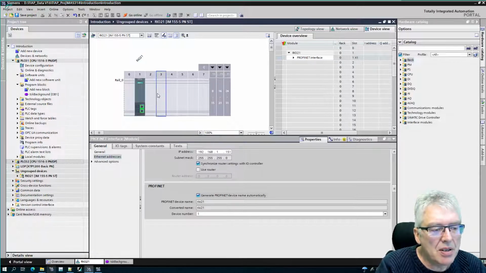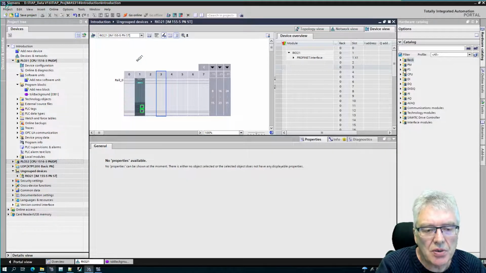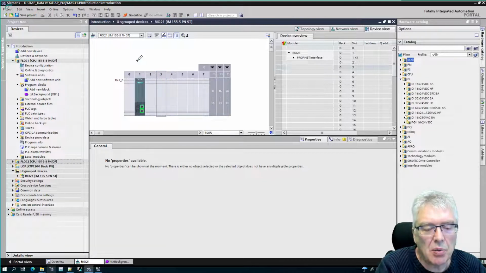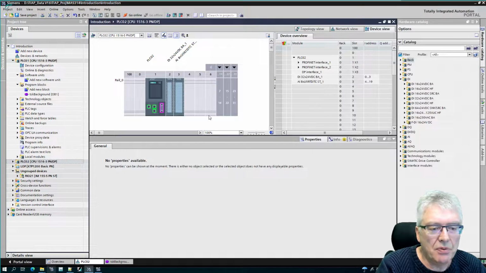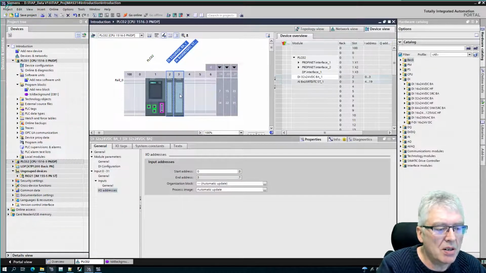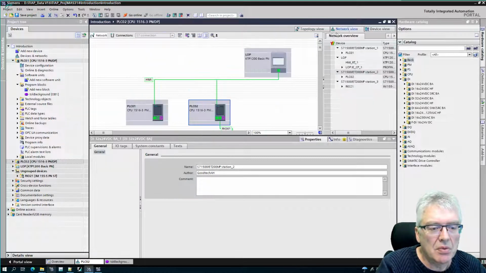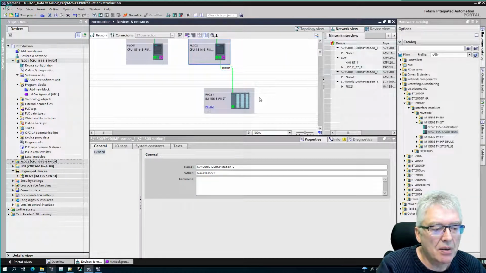So if I select this one, the unit is now changed over here, so I can insert a power supply, CPUs, digital inputs and digital outputs. So it's basically just like working with a standard CPU. Let's say there's no difference. I'm working with, here's a CPU, the other one's a communication module. So what I want to do, I just want these cards, Control X, and there are other ways to do this too, but you can go back here